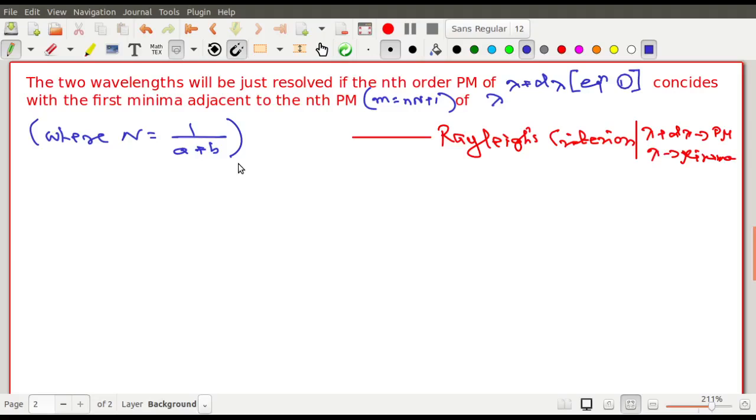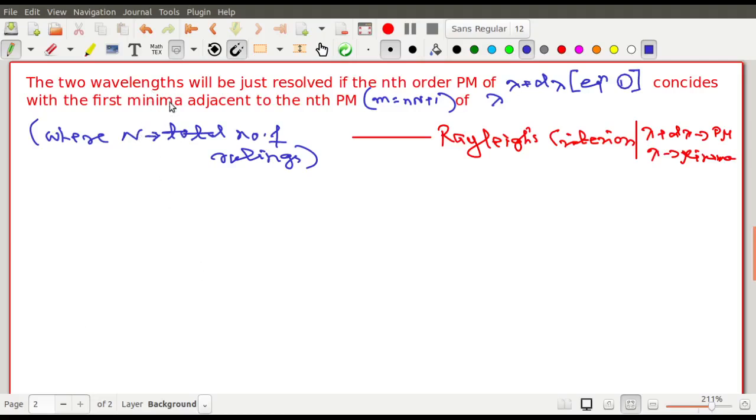Is it so? হ্যাঁ, capital N is not a plus b, it is n dash, ওটা তো n dash ছিল। Where N is the total number of rulings. মানে সিঙ্গেল স্লিটে যেটার ভ্যালু হচ্ছে 1, the value is 1 for single slit, 2 for double slit and N 100, 200 something for that grating এর জন্য। সরি, N is not 1 by a plus b, so that is n dash, ওটা তো n dash ছিল। N is the total number of rulings, you know it from the last class, ওখান থেকে match up করে নিও।